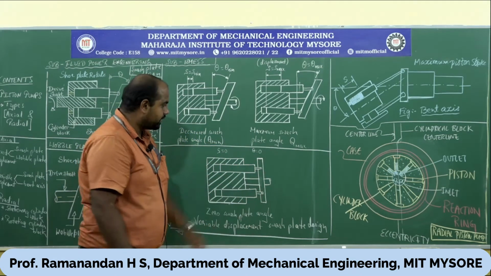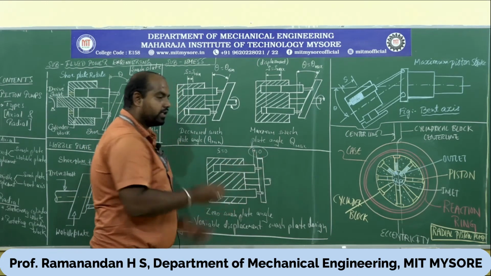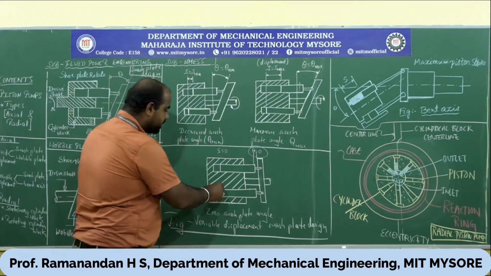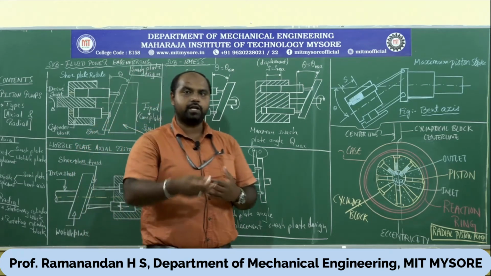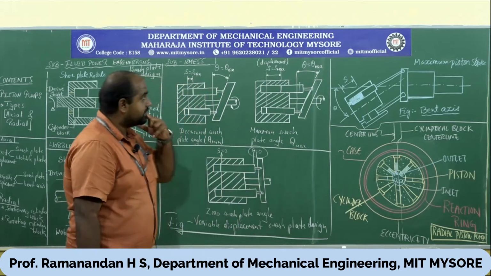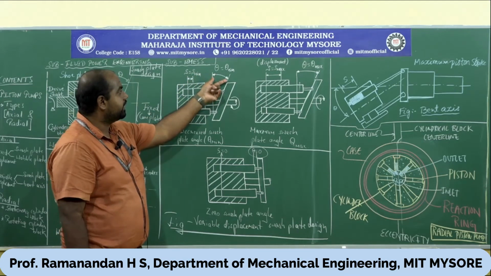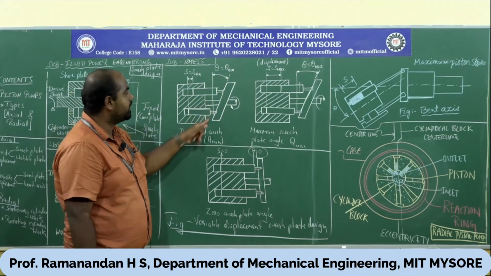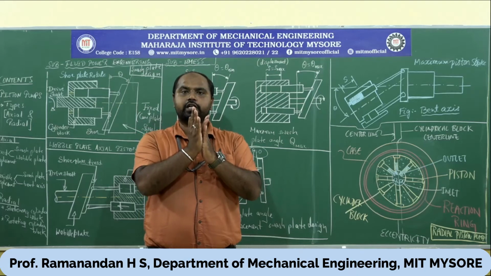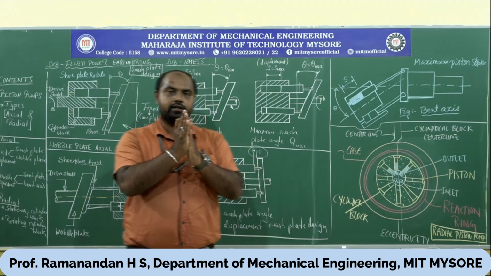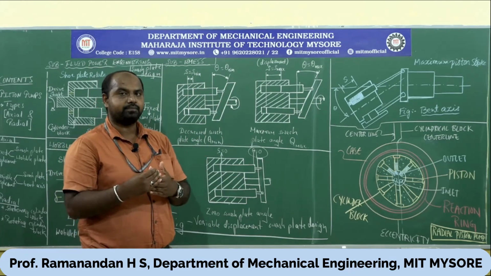You can see here theta is completely zero. That means the angle between the cylinder and the swash plate is zero. That is why you cannot see any displacement here. Displacement is also zero. There is no discharge from the pump. In the second case you can see displacement is minimum because theta is minimum. The designer or the user can vary the angle of the swash plate so that I can obtain minimum displacement or minimum discharge of the pump.